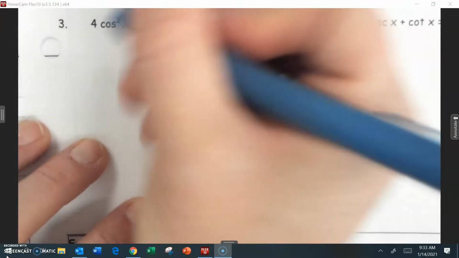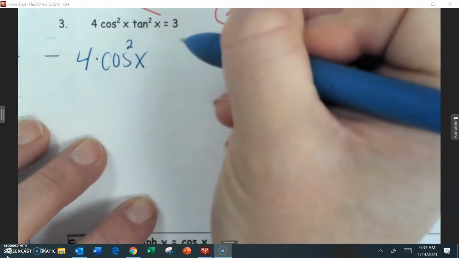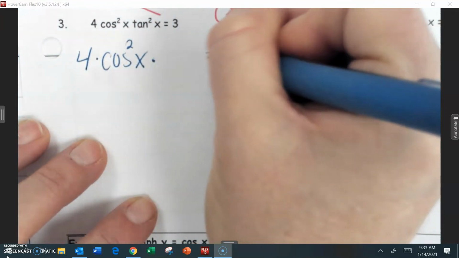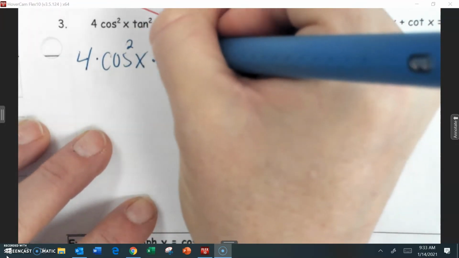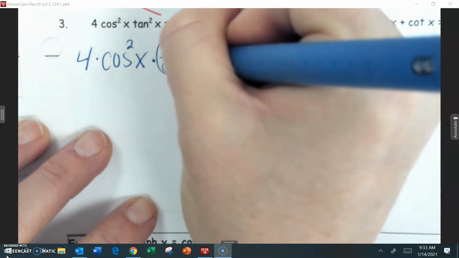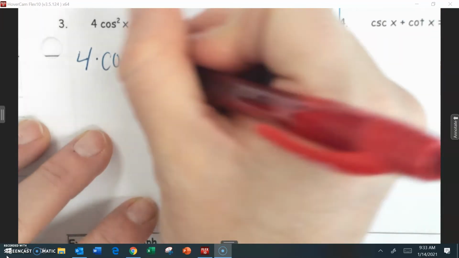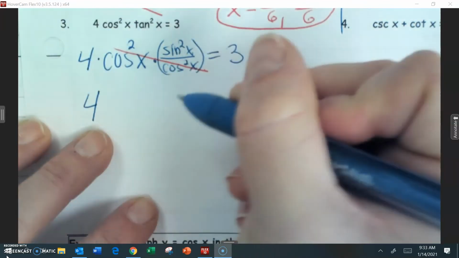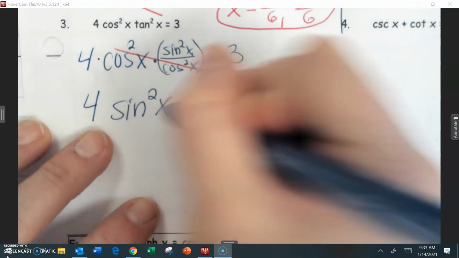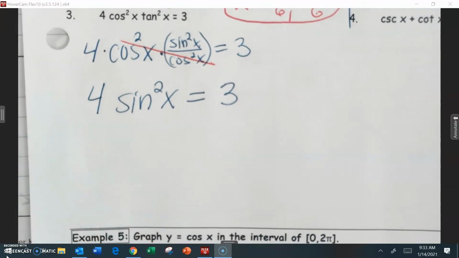Okay, let's try that. Like I said, and this is why we're doing this together, because no one's expecting you to be like, oh, okay, that's what I would do. What is tangent squared of x equal to? Good. Sine squared x over cosine squared of x. Now, do you immediately see what that did for you? What cancels? Cosine squared of x. Gone. Okay? So what we now have is 4 times sine squared x equals 3. Does this look like we're gonna solve this by